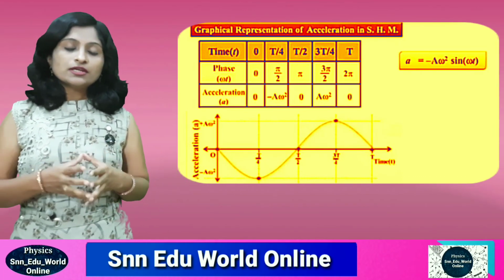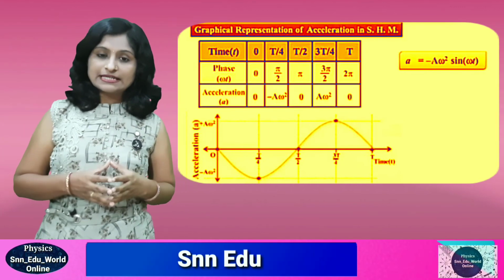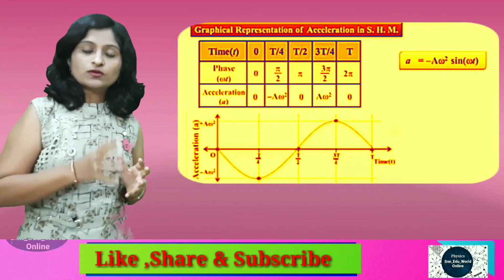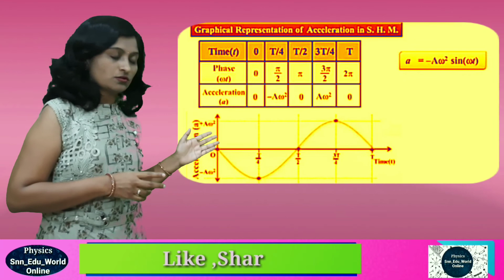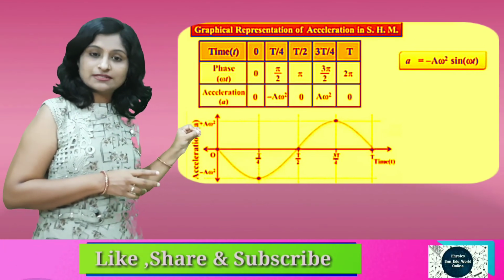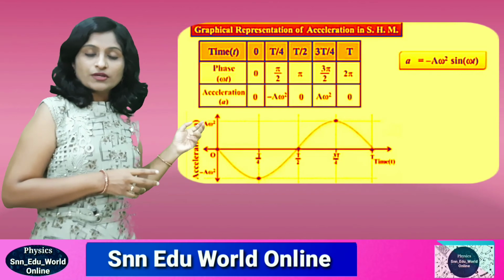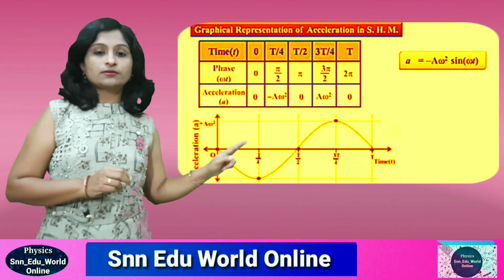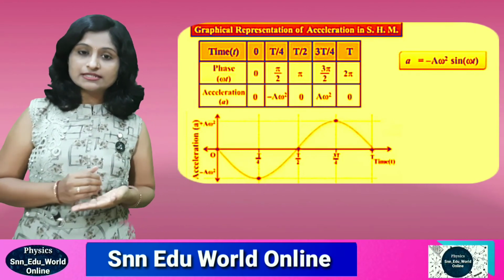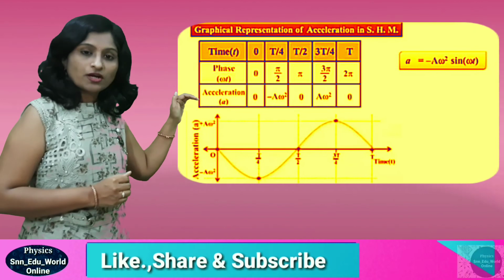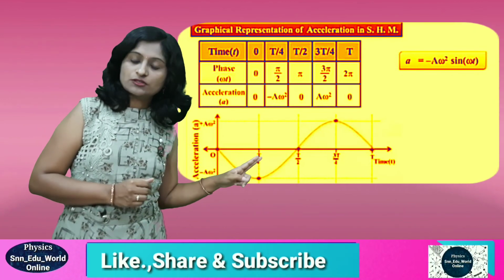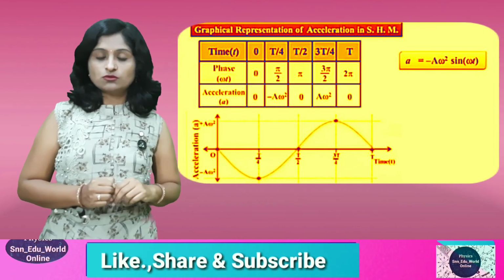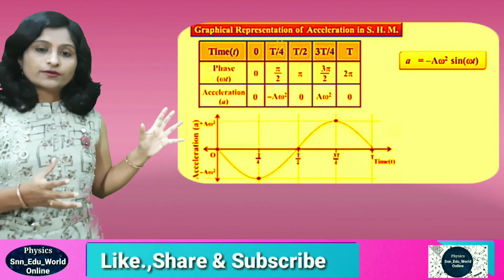Okay, so if we draw the graph of acceleration with respect to time t, we will get the points starting from the origin, because we are getting here 0, 0. So when the time is 0, acceleration is also 0. So it will start from 0, but the curve goes toward the bottom first. So the initial value is minus a omega square. So after the first point 0, we get minus a omega square below, again 0, then again above plus a omega square, again 0. Okay, so this is the graph for the acceleration.